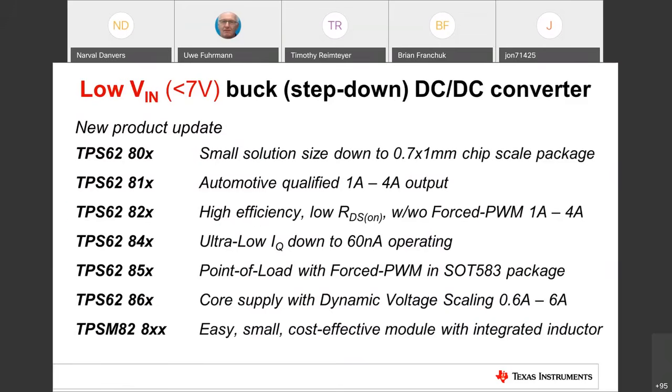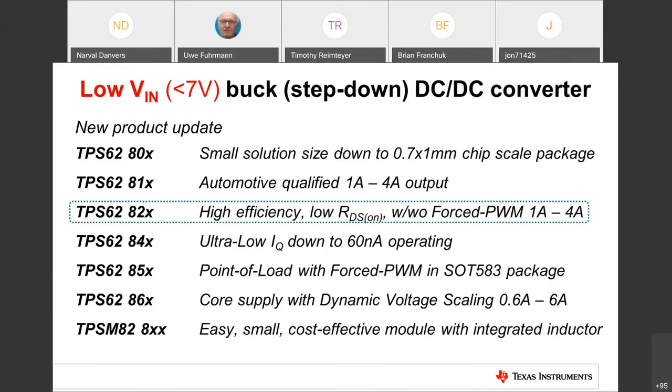And then we talked about the news in the 62820 series with a very low RDS on, that means very high efficiency, that is now available with or without forced PWM from 1 amp, 2 amp, 3 amp, 4 amp. There's also a family for more battery powered systems.